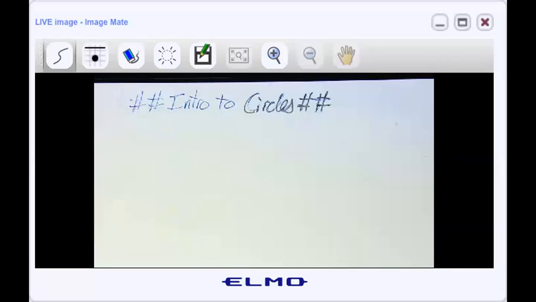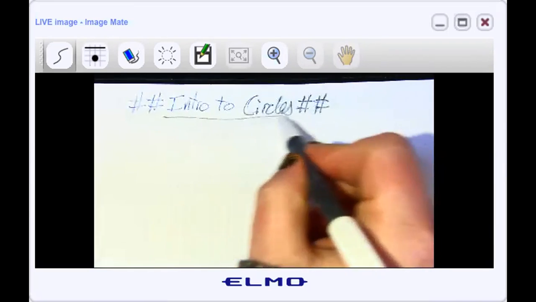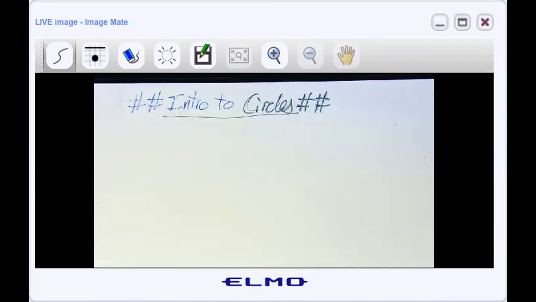All right, guys, so circles today. I know you all know what a circle is. We're going to go over some circle vocab and then a couple practice problems, and that's it for today, okay? So let's start off with